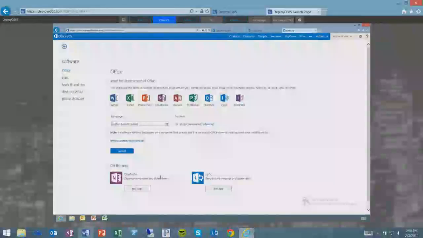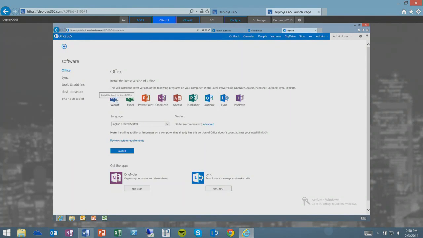All of this is part of E3. So E3 brings you all the mobile, all the Lync apps. It brings you Office. And when you look at Office and it says, hey, what do you want to install? Word, Excel, PowerPoint, the entire kit. And what you'll notice is on this machine, I have Outlook 2010. I have Office 2010 fully loaded. But that doesn't matter, because as long as I'm on Windows 7 and above, I can have side-by-side versions of Office using Click to Run.